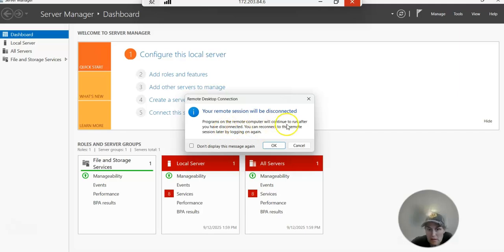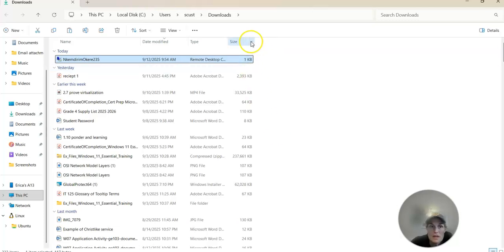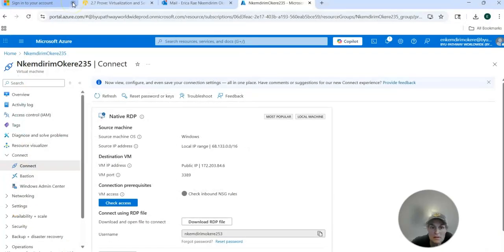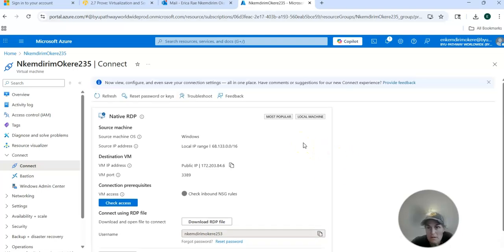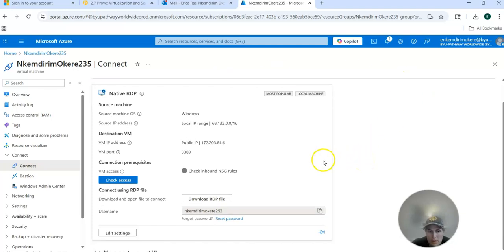And I guess this would be close. Your remote session would be disconnected. Programs on the remote computer will discontinue to run after you have disconnected this remote. I would say, oh, okay, so that would disconnect me. And then I'd be out. So there's that. I'm going to come out of this. So here's me checking access. And when I was done, I'm like, okay, so there's me. I'm all done. And when I'm done, I could either wait for this to disconnect itself, or I can look for the